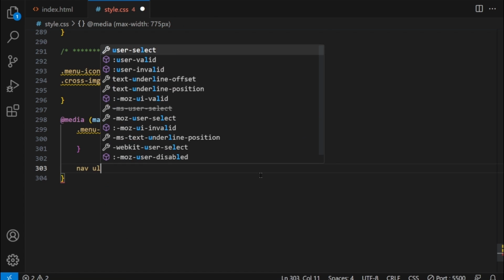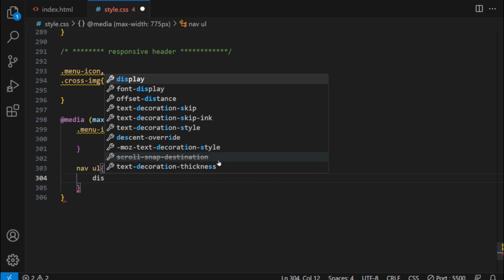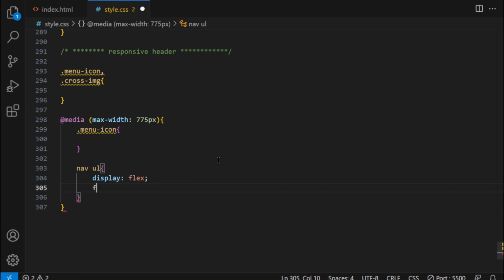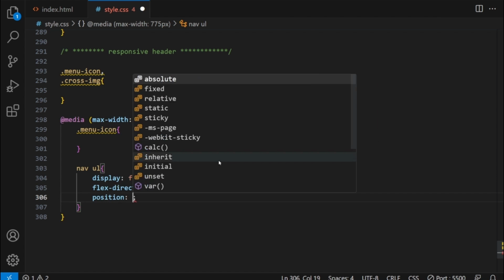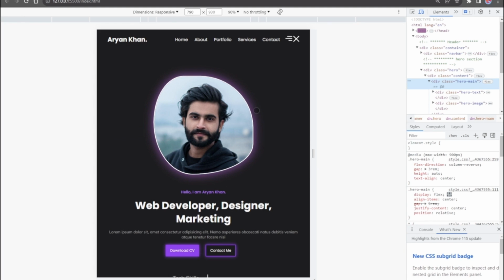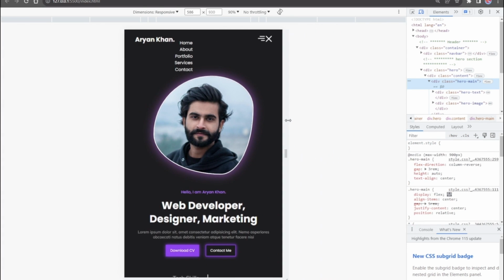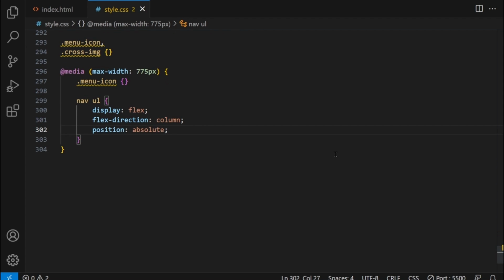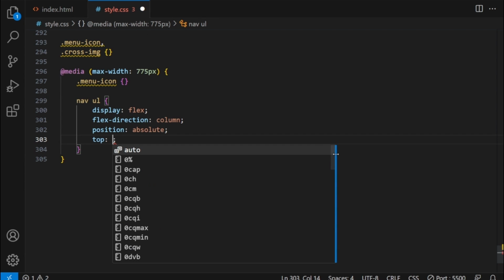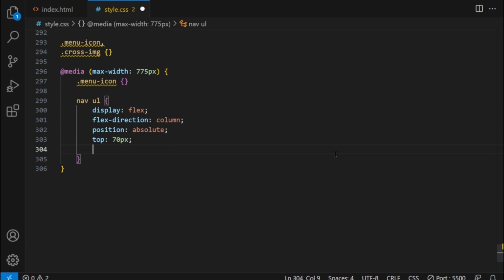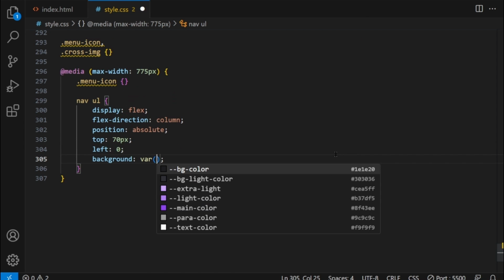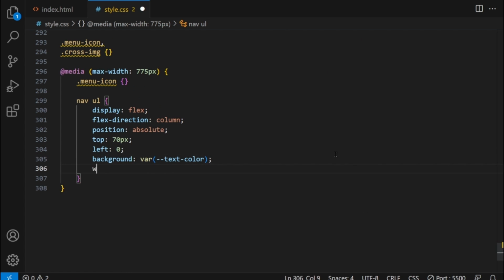Next, target the alt tag and apply the following CSS properties. Display, flex. Flex direction, column. Position, absolute. When the screen size is 900 pixels or less, our menu links are displayed vertically. For sizes greater than 900 pixels, they appear horizontally. Let's apply other properties. Top, 70 pixels. Left, 0. Background, text color, it's a white background color. Width,